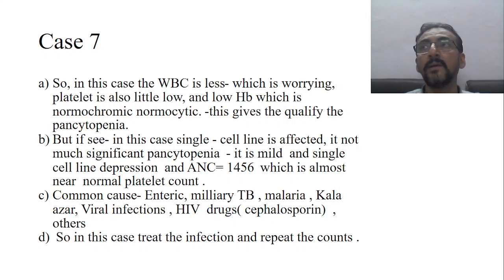in this case HB is low, WBC is also low and platelets are also low. So now this is a case of pancytopenia. This is a case of pancytopenia. Okay, all the three cell lines are decreased. Now, but if we see in this case